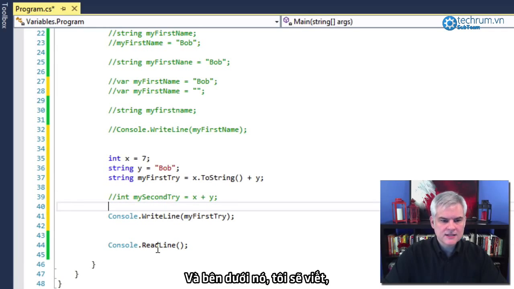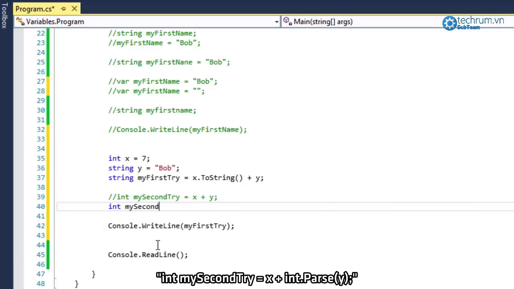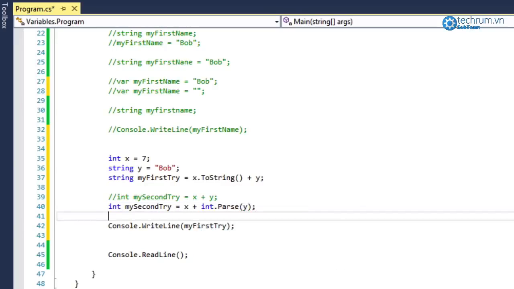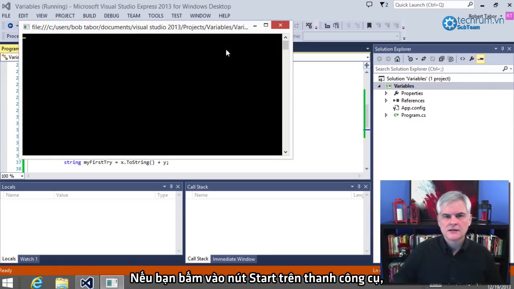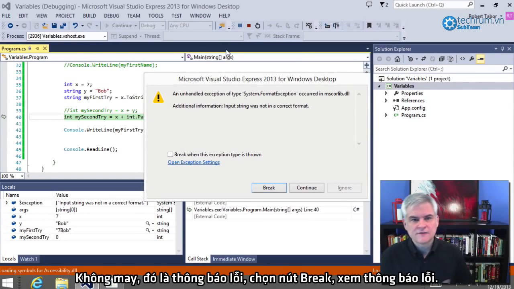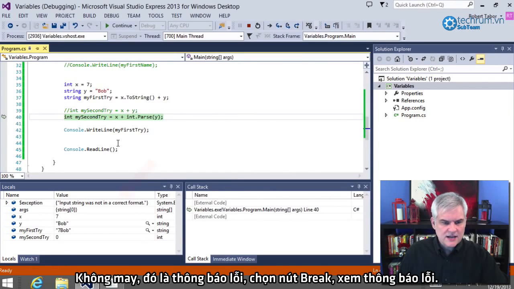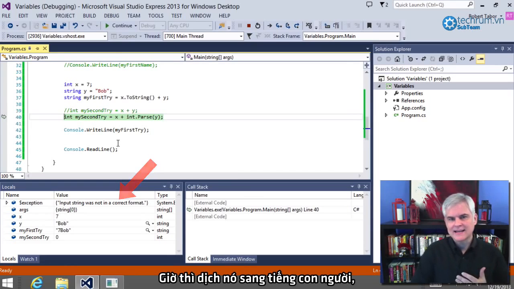And below it, I want to write this line of code. Int my second try. Okay, so if you attempt to use the start button, you're going to get an unhandled exception dialog, and if we were to hit break and take a look at the error message, it says that the input string was not in a correct format. Now, translating that into human speak,